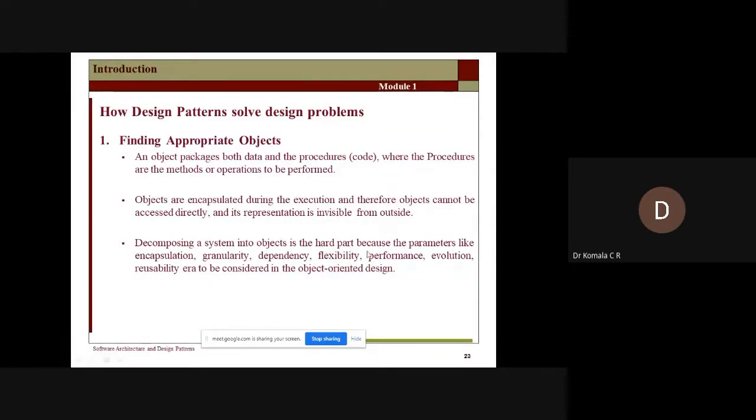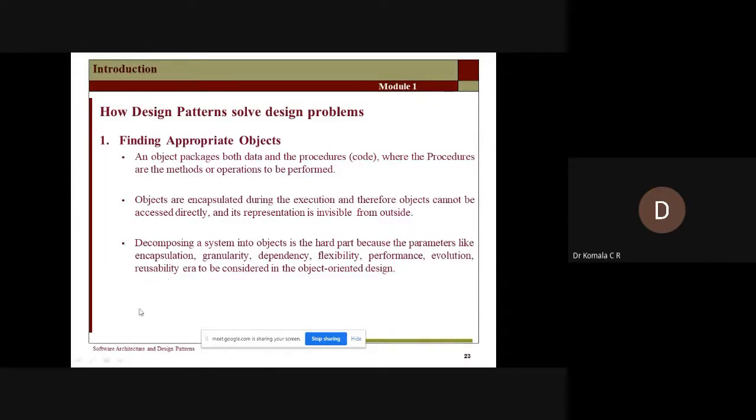Then we also have to take care of how the design pattern performs, whether it is performing well, whether the performance is stable, whether it is constant throughout, whether any failure takes place when you go on adding the number of stages here. So performance has to be taken care of. Performance means in terms of memory space utilized or in terms of time management, all that. Then we also have to take care of the responsibility of evolution. What is evolution? Evolution is nothing but extending the existing one. I think all these parameters you have studied in the subject software engineering, correct? Then we also have to take care of the parameter reusability.